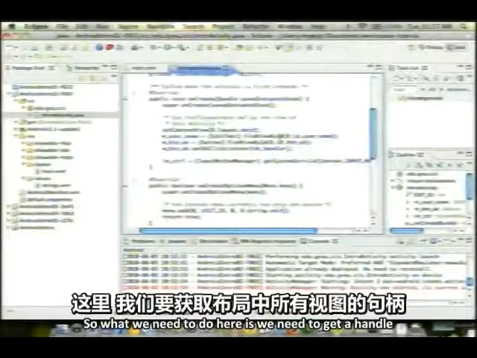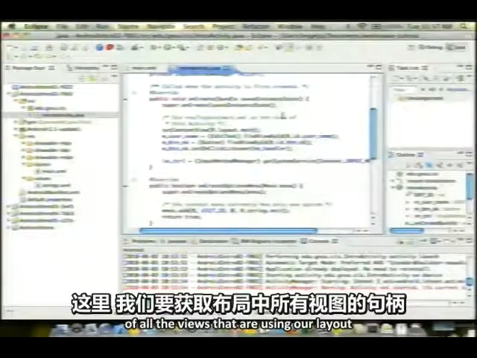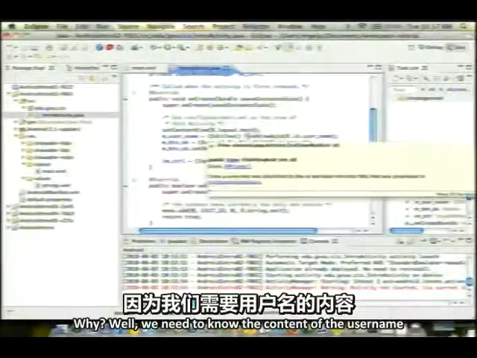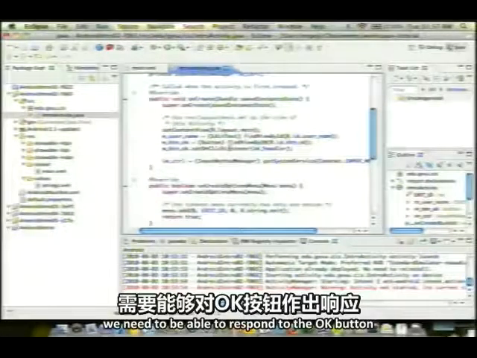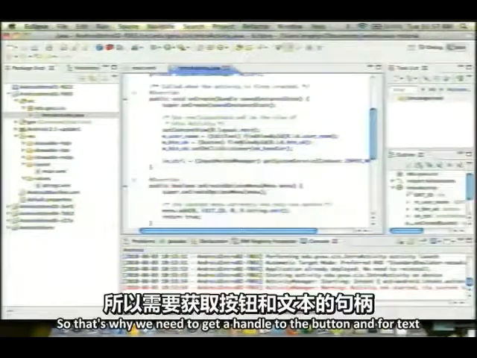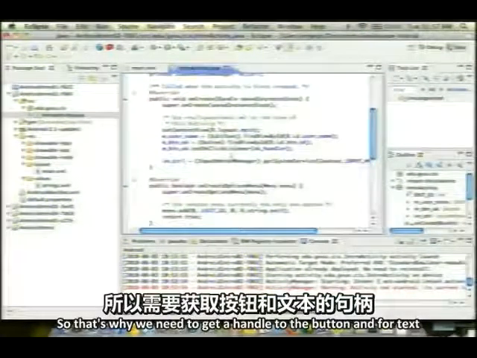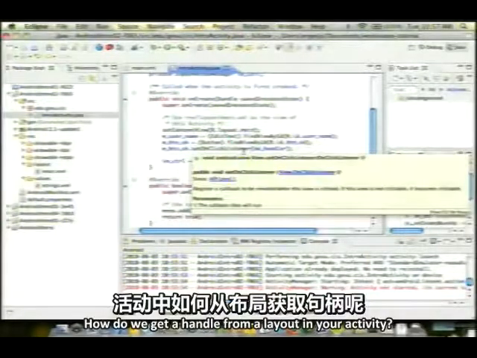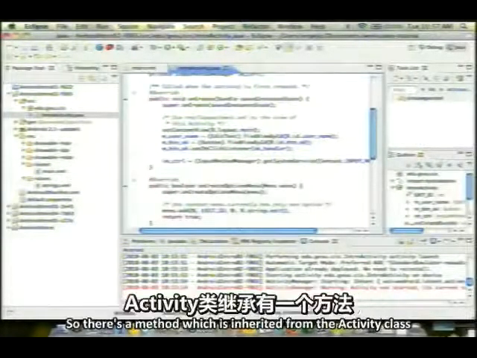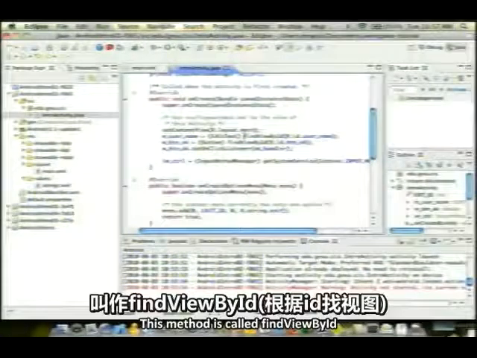What we need to do here is get a handle on all the views that we use in our layout. Why? Well, we need to know the content of the username, and we need to be able to respond to the OK button. That's why we need to get a handle to the button and to the input text. How do we get the handle from a layout in your activity? There's a method inherited from the activity class. This method is called